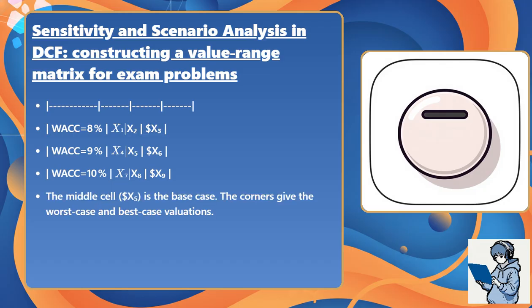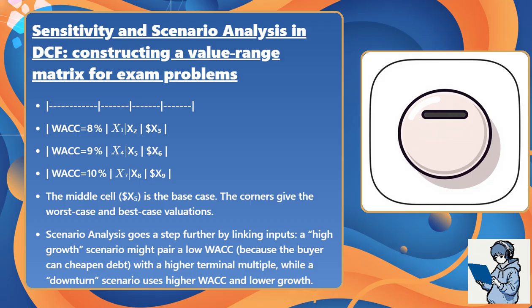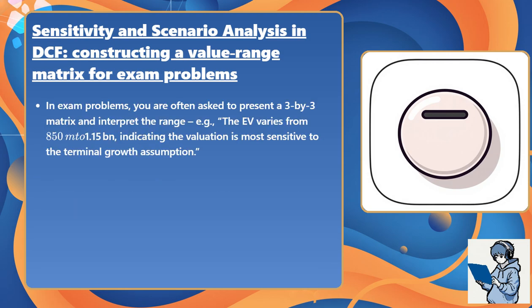The middle cell X5 is the base case. The corners give the worst case and best case valuations. Scenario analysis goes a step further by linking inputs. A high-growth scenario might pair a low WACC, because the buyer can cheapen debt, with a higher terminal multiple, while a downturn scenario uses higher WACC and lower growth. In exam problems, you are often asked to present a 3x3 matrix and interpret the range. For example, the enterprise value varies from $850 million to $1.15 billion, indicating the valuation is most sensitive to the